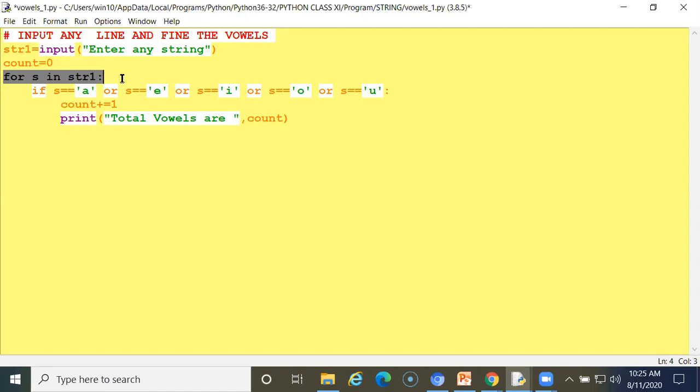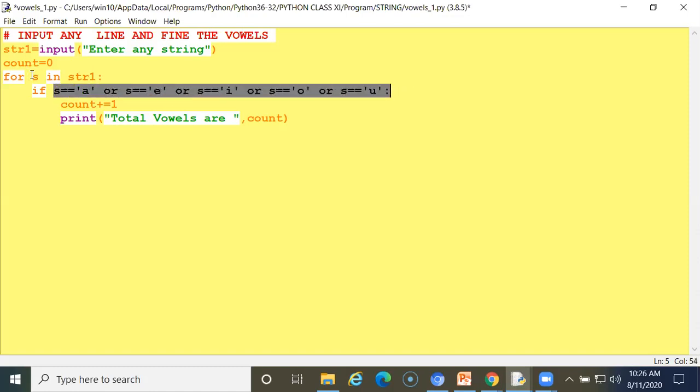For s in str1, if s equals a, or s equals e, or s equals i, or s equals o, or s equals u. These are our vowels which I am comparing with s. What is s? s is my counter variable which will check a, e, i, o, u.